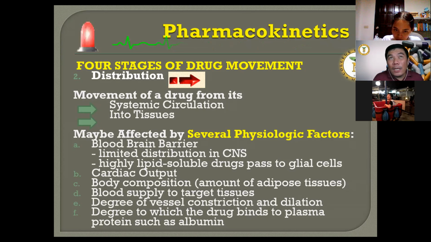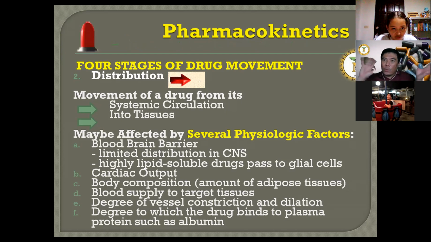Do you think if the cardiac output is less than 5 to 6 liters, it will affect distribution? Yes or no? Yes po. Yes. So what are those? I will ask all of you. What are those situations that the heart will eject less volume of blood, that the heart will have a decreased ejection of blood to the systemic circulation? Anything in mind? What are those situations?